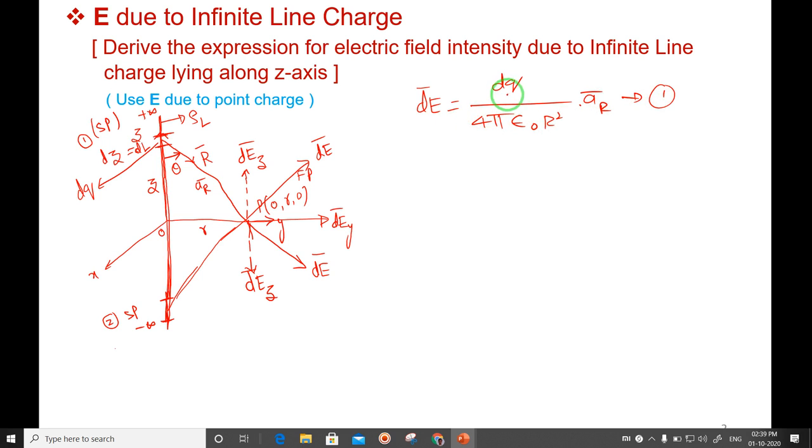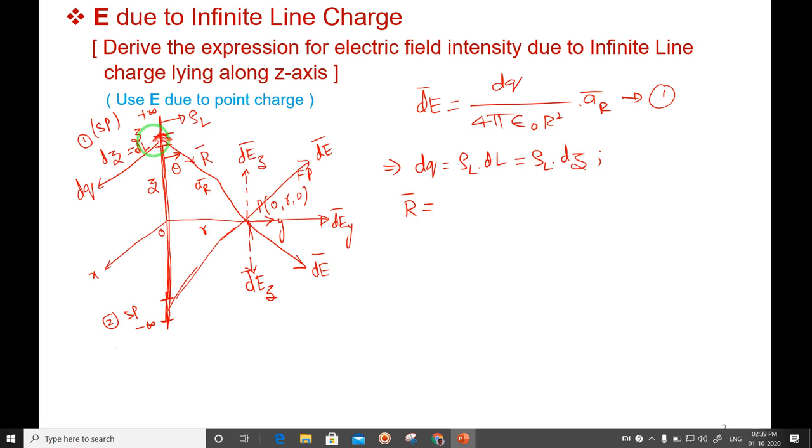Okay, what is this dq? We'll see, right? So with line charge density rho l, the differential charge dq is equal to rho l into dl. Can I write that? Because line charge density is charge per unit length, dq by dl. So the small amount of charge present, dq, is equal to rho l into dl. But what is this dl here? It is dz. So dq is rho l into dz. Yes, this is fine. I'll substitute here. Then I want to find out what r and ar are. First let me find out the vector r.